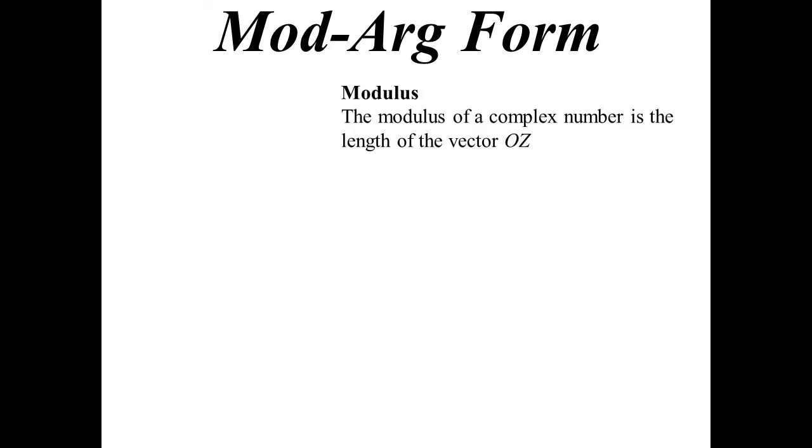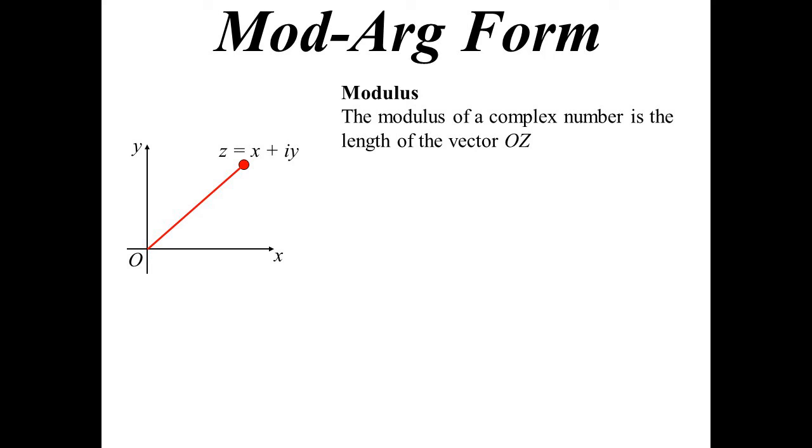We're now going to look at another way of writing complex numbers known as Mod-Arg. So mod, or more correctly, modulus. You've actually been dealing with this for a long time because all that really is, is absolute value. So modulus is absolute value. So it's the length of, going back to our vector ideas, the vector OZ. So there's Z. If I was to join it up to the origin, I create a vector. Okay. So the length of that vector, or the magnitude of that vector, is what we call the modulus of